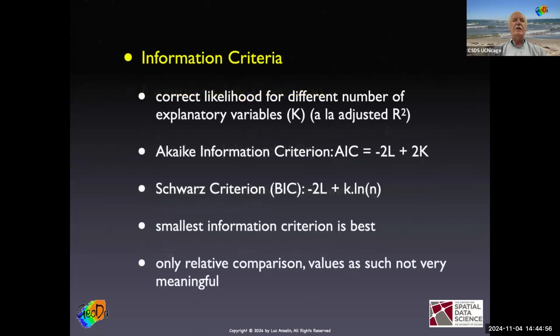And as we've already seen in the context of OLS, we have information criteria, which are kind of like adjusted R squares in that they correct for the number of explanatory variables. And we've already seen in the lab notes, the AIC and then the BIC or Schwarz criterion, where small is better. The values don't really matter that much, it's the relative comparison that